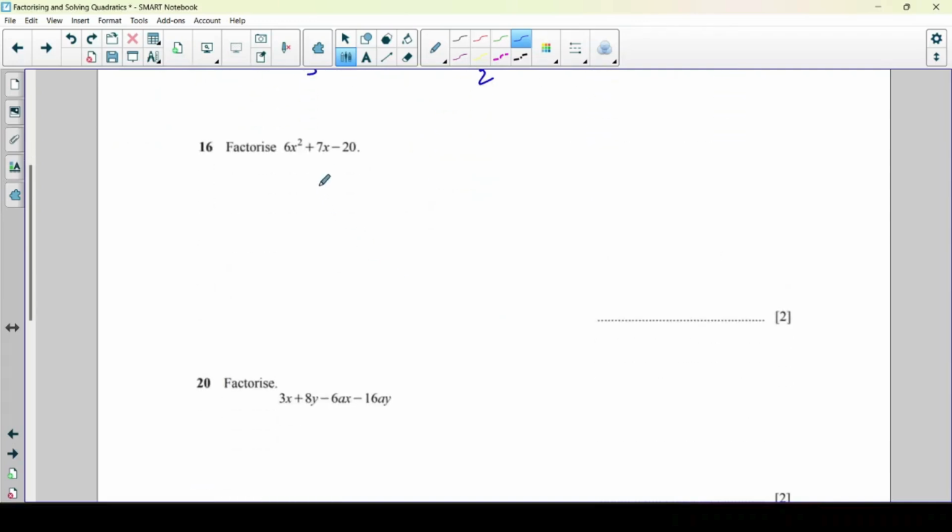In this question, we're factorising. So A, B, and C. We're going to do 6 times minus 20, that's minus 120. And we're looking for 2 numbers that multiply to give 120, but whose difference is 7. Again, one positive, one negative. Now this time I'm not going to start all the way at 1 and 120, because the difference between those is 119, so that's already quite far out. So let's skip a few out and maybe go straight to